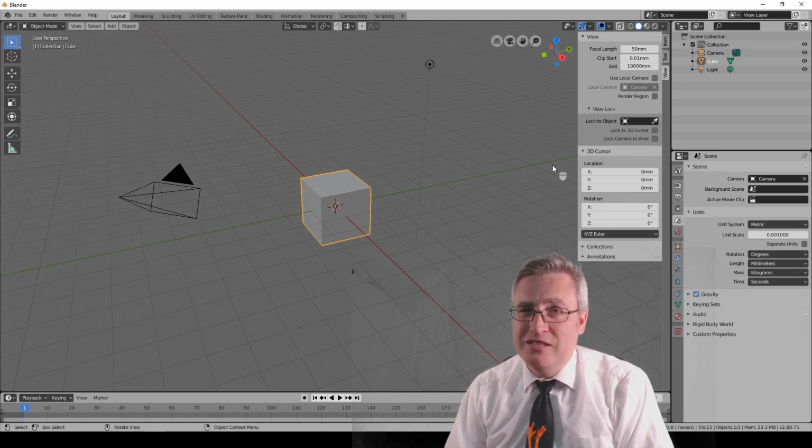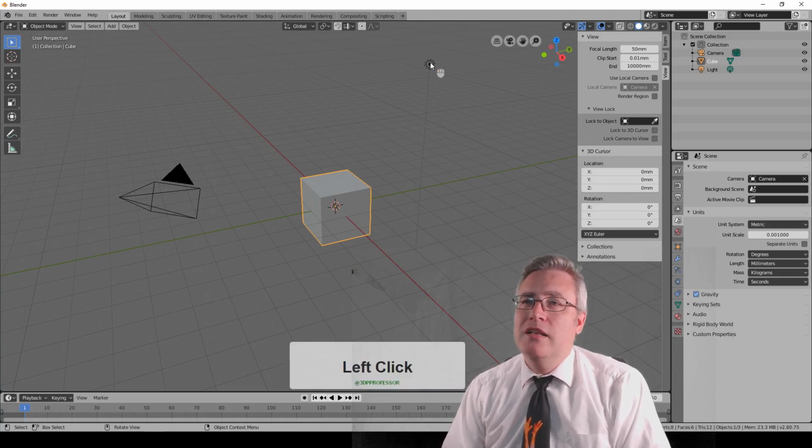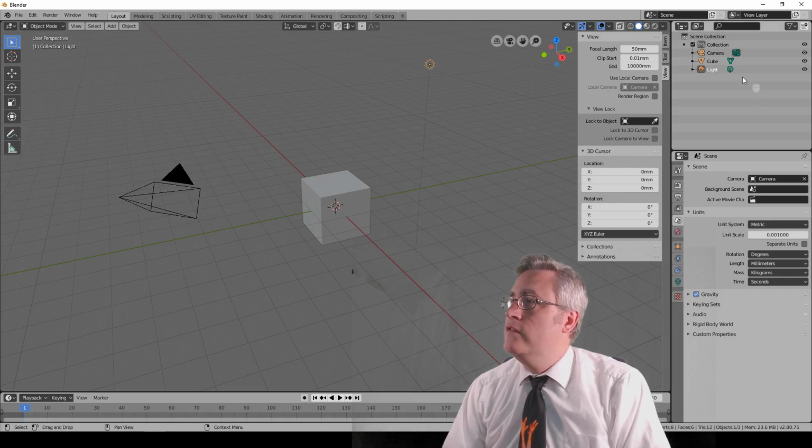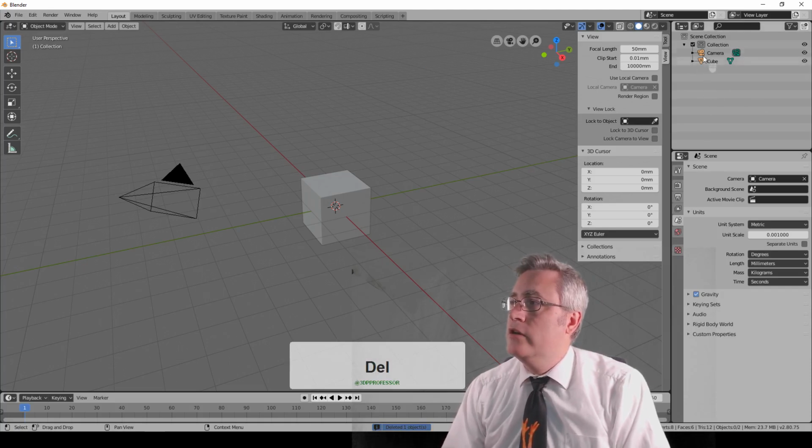It's not useful to us. Let's make it useful right now. First thing I'm going to do is I'm going to click on the light source here, and I can click on it here in the 3D view, or I can click on it on the outliner, and then I'm going to hit delete. And if you do it in the outliner, you can right mouse click and hit delete,